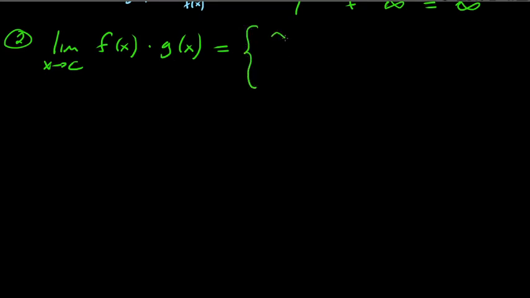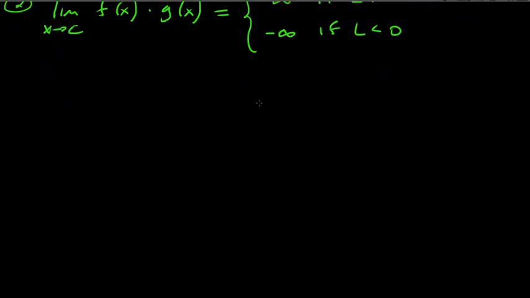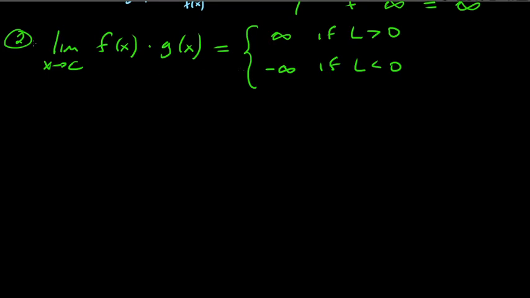So you're going to get positive infinity if L is positive, and you're going to get negative infinity if L is negative. I think that's what we have here. Yep. Right. So yeah, here you have to be careful. Here you probably can't split these up in most cases. Okay, so